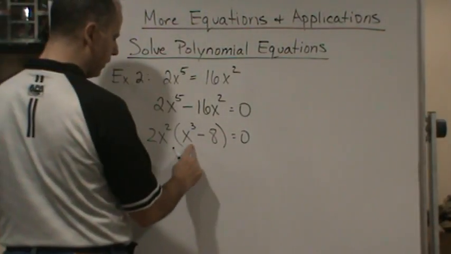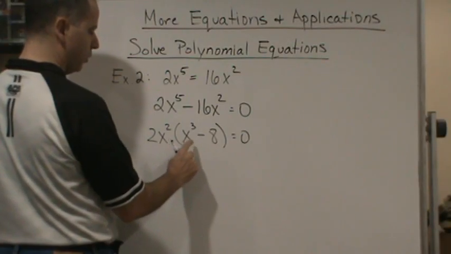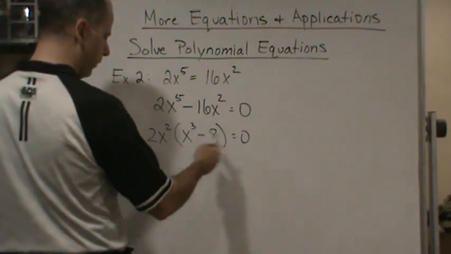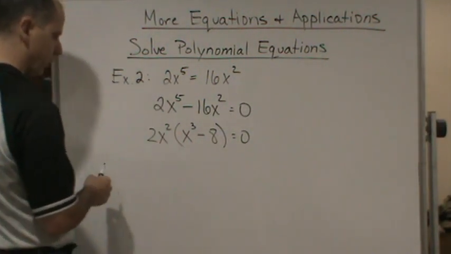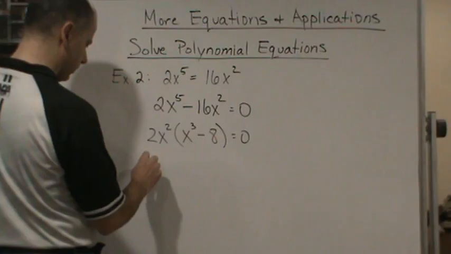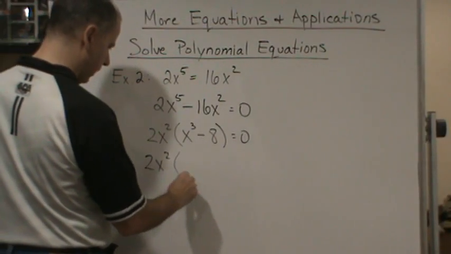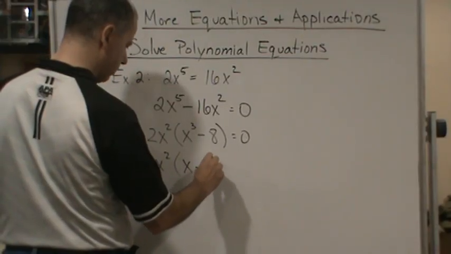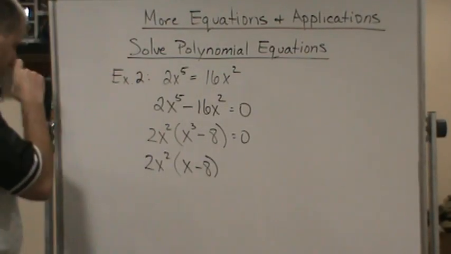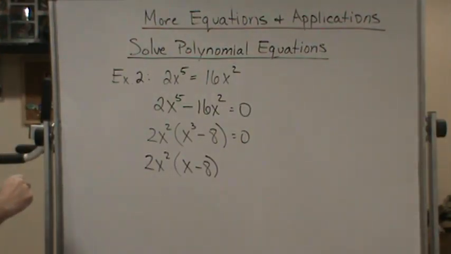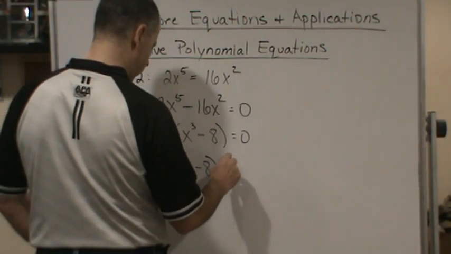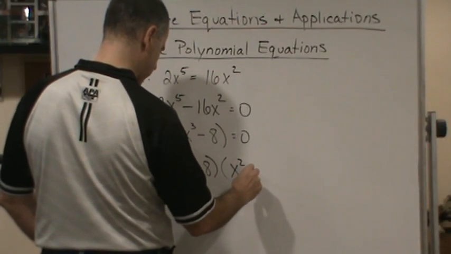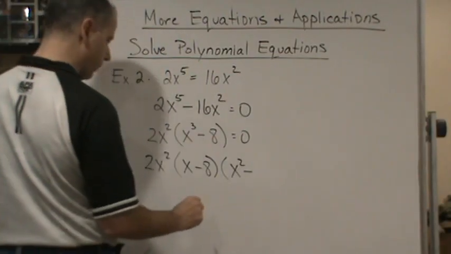Now, immediately I notice that this is a difference of 2 cubes. So remember, you have to know the factored form of a difference of 2 cubes. Okay. So I'll show you that right now. So it's going to be 2x squared, then we're going to end up with x minus 8. Okay. And then we get x squared minus